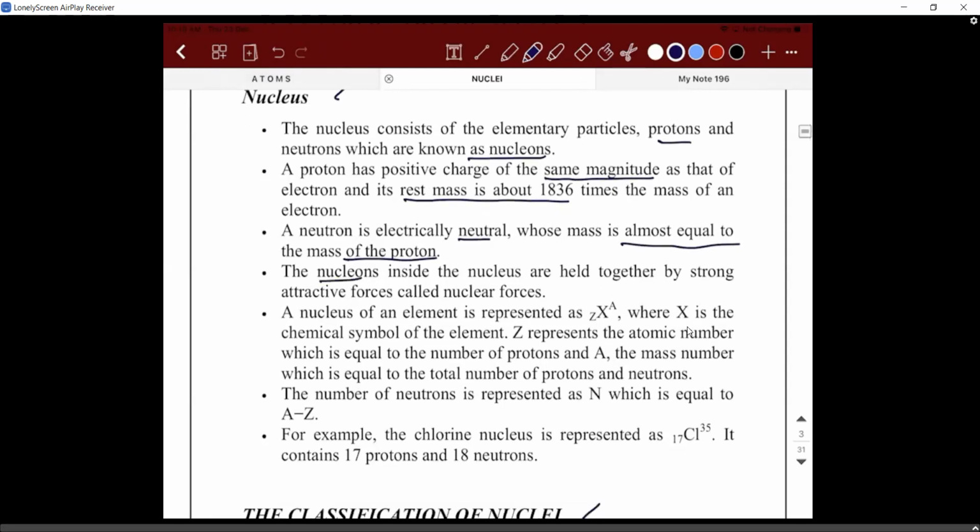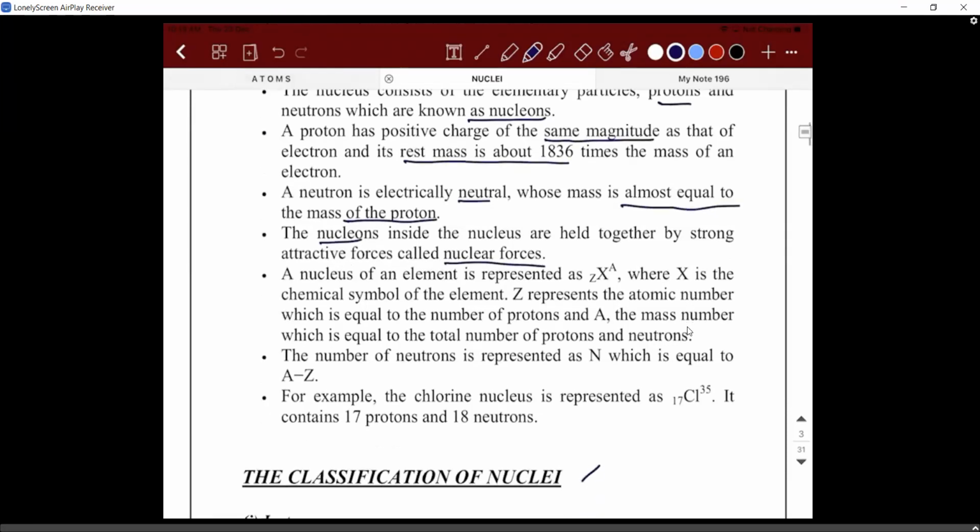So, how are the nucleons held inside the nucleus? What force is binding them to stay inside? It is the nuclear force, right? They are held together by a strong attractive force called the nuclear force. So, generally, how will you represent a nucleus? The nucleus of an element is represented as X, A, Z, where A stands for the atomic mass, which is the number of nucleons. Z stands for the number of protons. So electrons do not participate in this system at all.